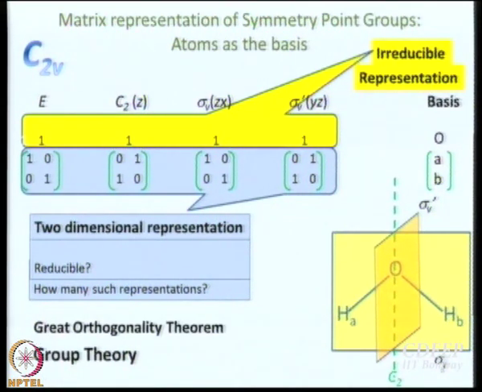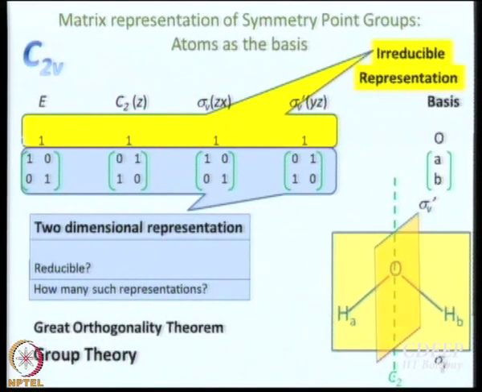We left this topic with the question, is this two dimensional representation reducible or irreducible? If it is reducible, how do I reduce it? How do I know whether it is reducible or irreducible? And how many irreducible representations are there? So, we had said that the answer to this will come from the great orthogonality theorem, which comes from a group theoretical treatment of the problem of symmetry. And in order to be able to do this group theoretical treatment, we needed to know all that we studied about matrices, okay. So, now that we are a little more informed about matrices, now that our memories are refreshed, let us see what we can say about these matrices.